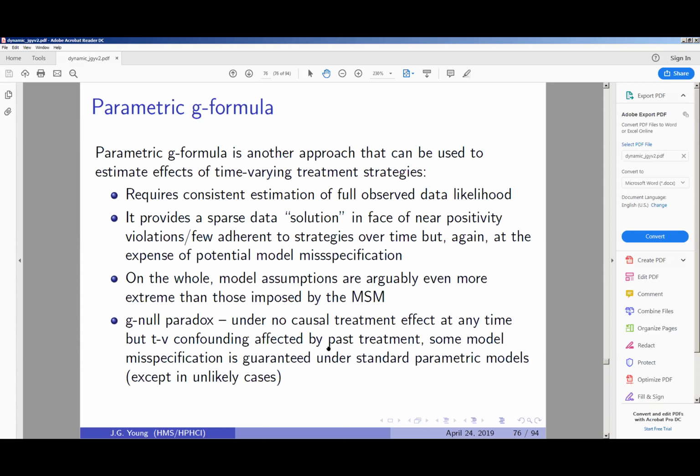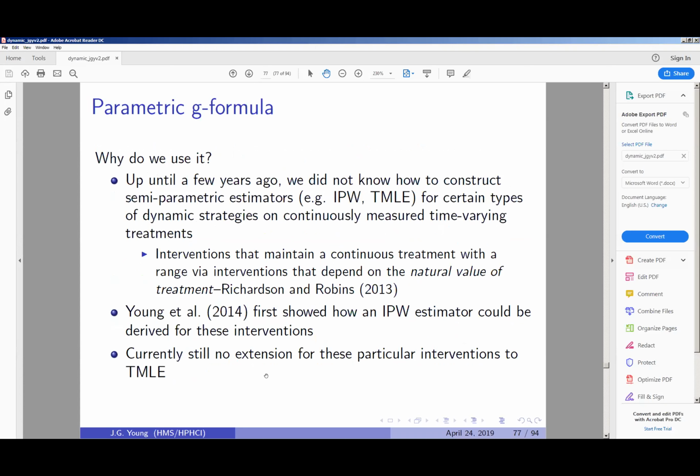This is sort of a very large sample issue, and we've certainly used the parametric G formula and failed to reject the null many, many times. So we're actually planning to do some simulation studies to look at how this plays out in various scenarios, but this is a problem, particularly if you're planning to do null hypothesis testing.